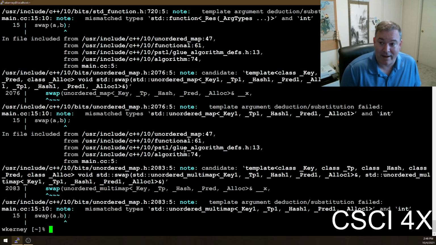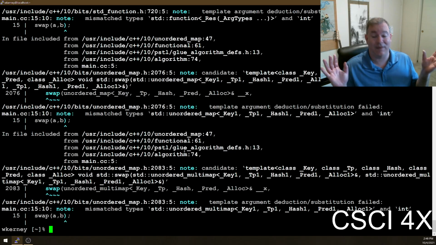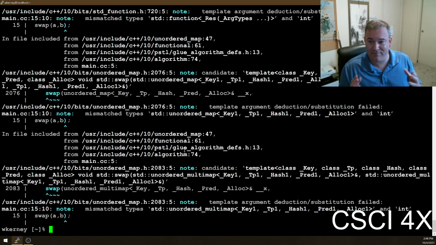I could filter them out, maybe, using grep or something like that. But compilers, which have flags for everything, where you can turn on and off every warning message possible in human existence, don't allow you to turn this off. Why? Because we went to the effort of making these candidates for swapping. You are going to read them. That's what they're telling you. We went to all this effort. You are going to read them. But what do they mean?